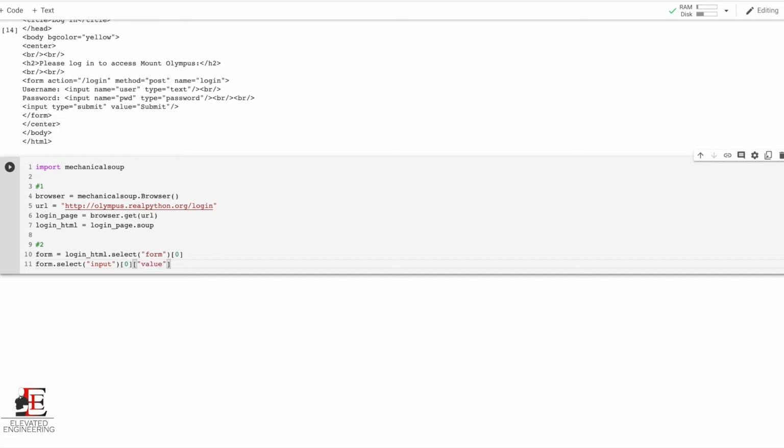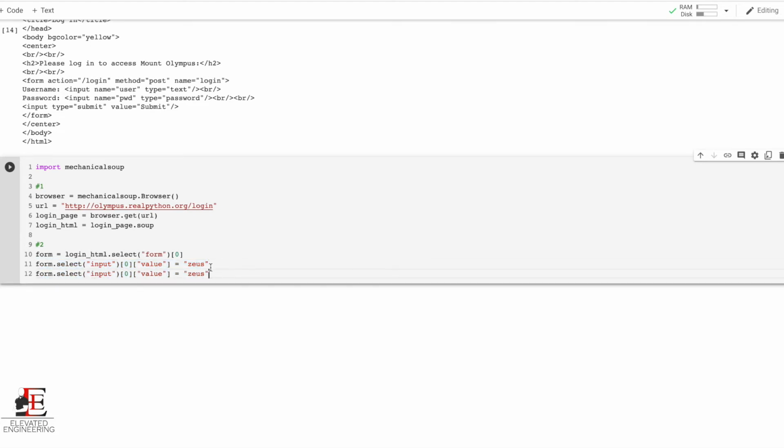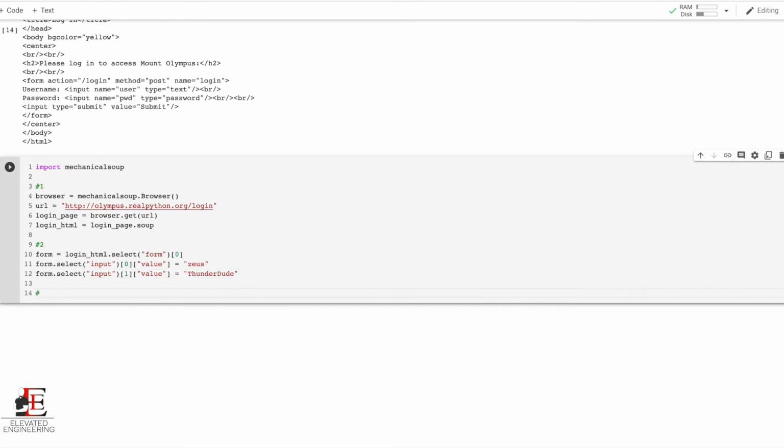And we want to retrieve the actual value from those columns. And we're going to be looking for the word Zeus. And then for the second one, we could just go ahead and copy that. And we're going to be looking in the second column for Thunderdude. Third one,